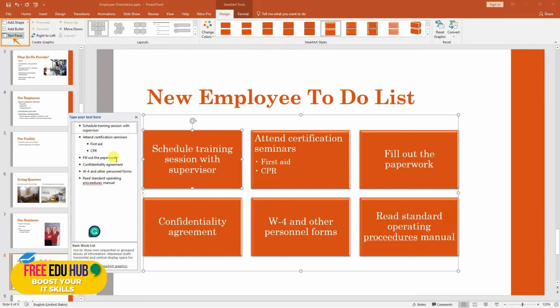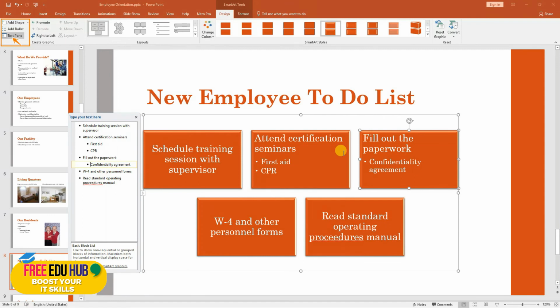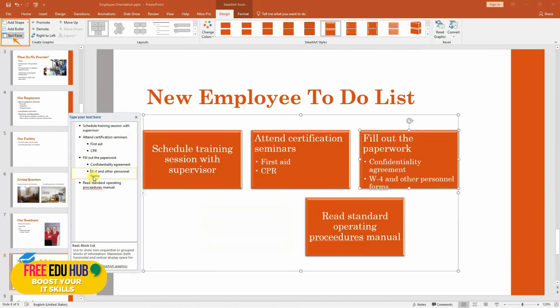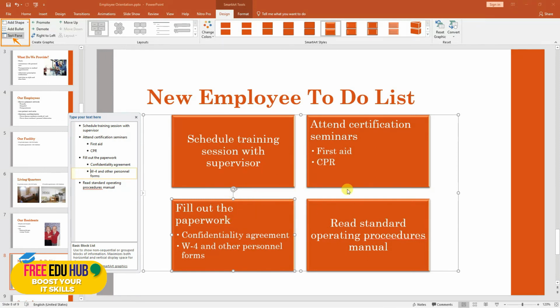As you can see that I have different text here, and if I want to have it in indentation, I'll press tab, so it would be moved forward, and as you can see it's a part of this one. If I want to move the other one also, we'll click on it and I'll click tab from the keyboard. So now it has changed it from 6 to 4, and now these two categories are appearing under fill out the paperwork. Once done, you can click on this cross icon to close it,